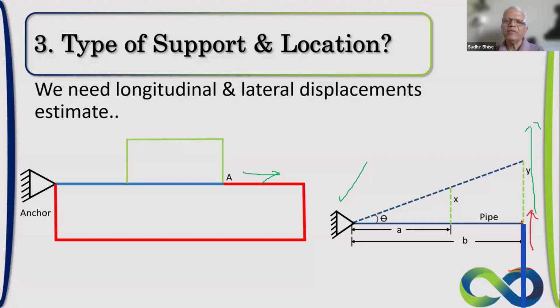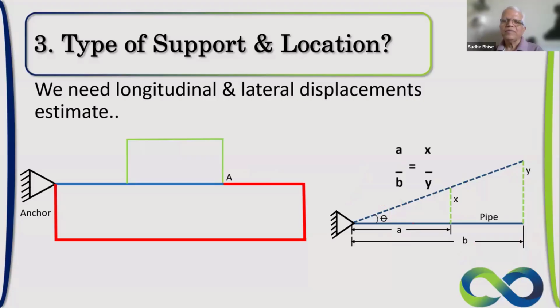Now we are talking about a triangle which is over here, and we find that at a distance B, if you see this triangle with an included angle theta, and if at location B we have an expansion of y amount, then at any intermediate place we can simply find out the displacement in the lateral direction at any given intermediate point. So for example, at point A, it is going to be proportional because the included angle theta is going to be the same. So if you simply put it in the equation, it will look like this: